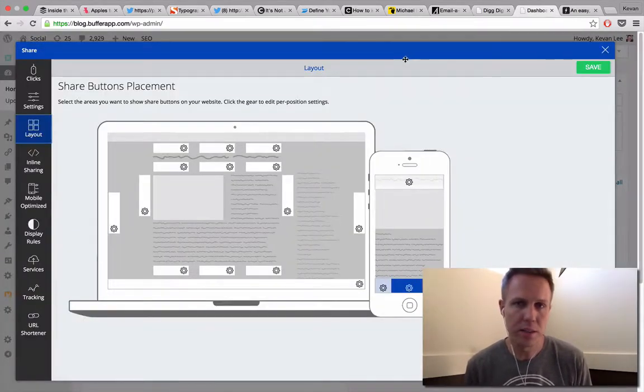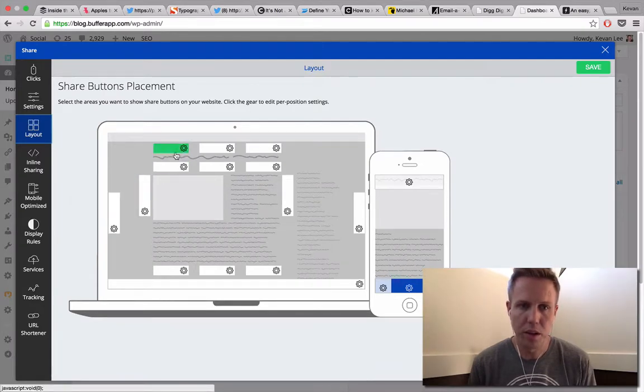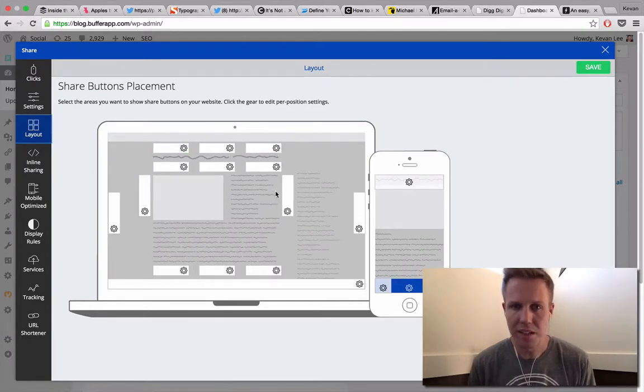Another cool plugin is the SumoMe plugin. It's another WordPress plugin that's super helpful and useful with lots of different features. The share option within SumoMe has all of this cool stuff here where you can choose the different placements of your social share buttons. So here above the headline, below the headline, left, center, and right aligned. To the left of the content, the right of the content, stuck to the left side, stuck to the right side, across the bottom. If you remember James Clear's website, I believe he had this plugin and then the left side turned on here. So lots of different options. We currently have the mobile settings selected for SumoMe. And again, that's SUMOME is the name of the plugin here, kind of a fun name.